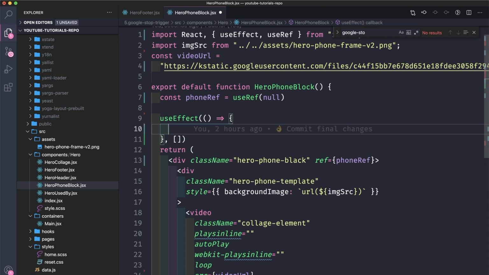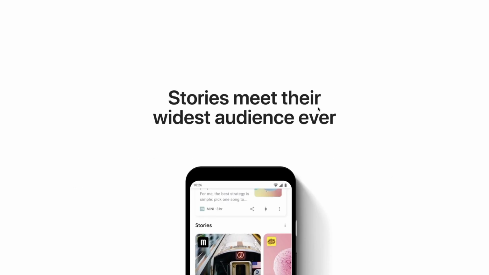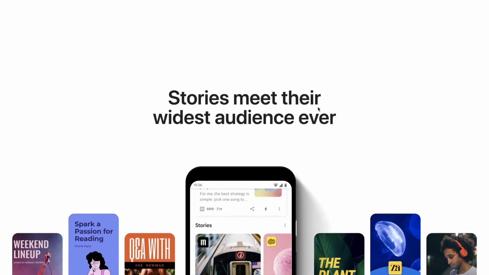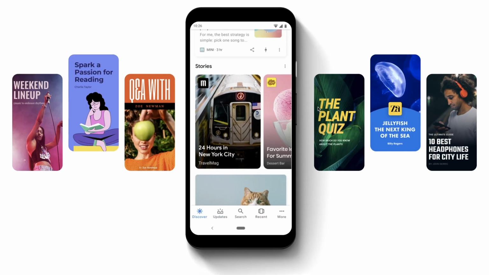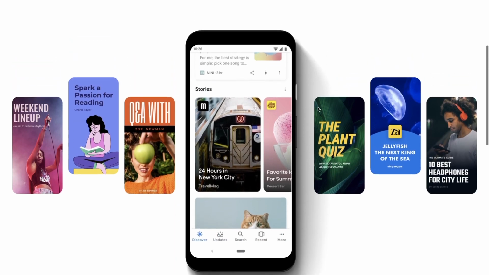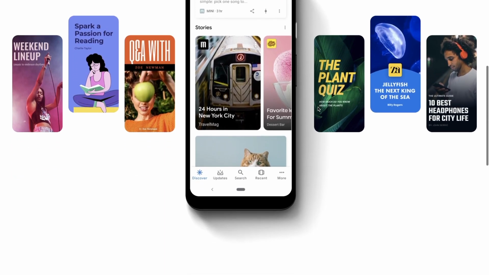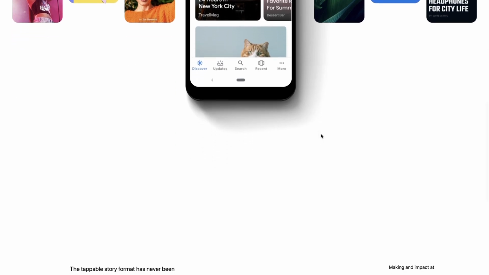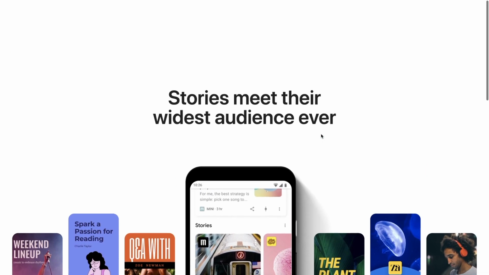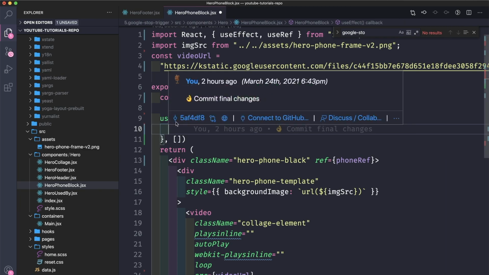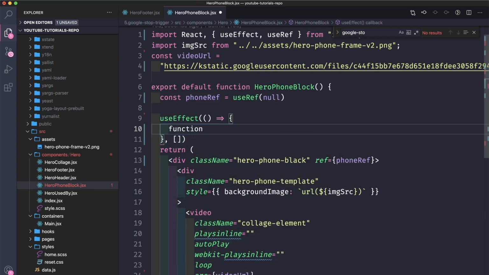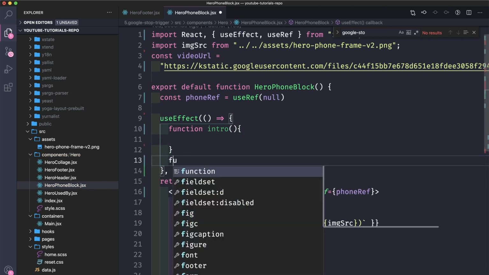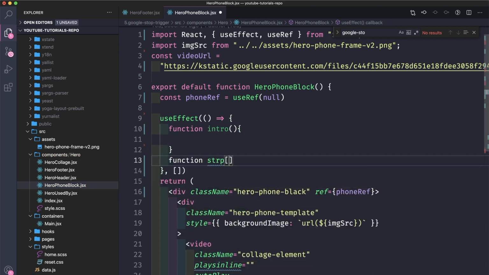Well, actually the phone will have a few stages. One will be the first, the intro, where it will slide in, in the beginning, up, and then while we scroll we'll have this stop trigger, and next it will scale down, and then we'll have the stop trigger. Yep. So we'll have inside here some functions. So the function of stop trigger,